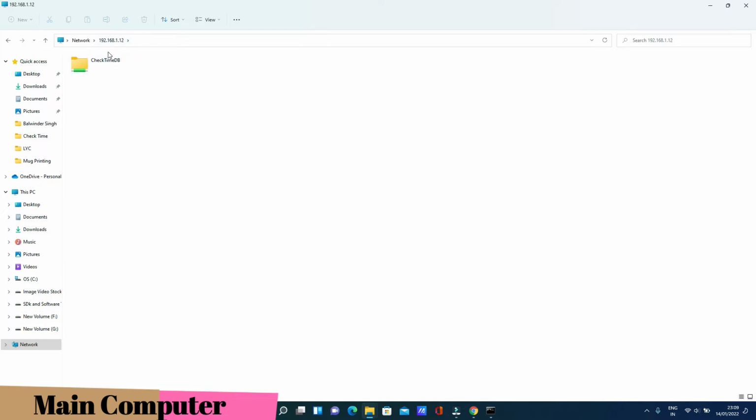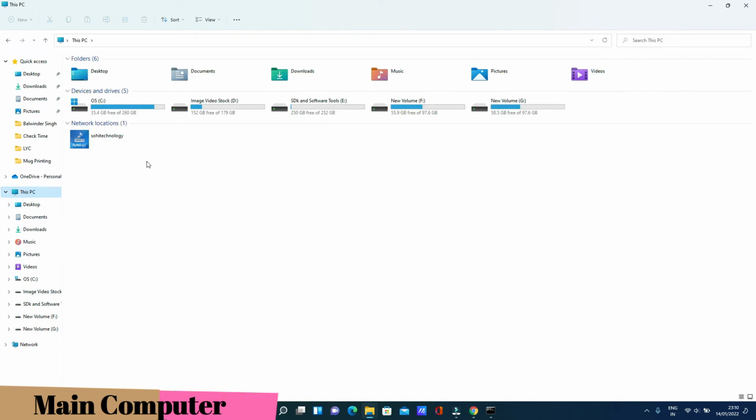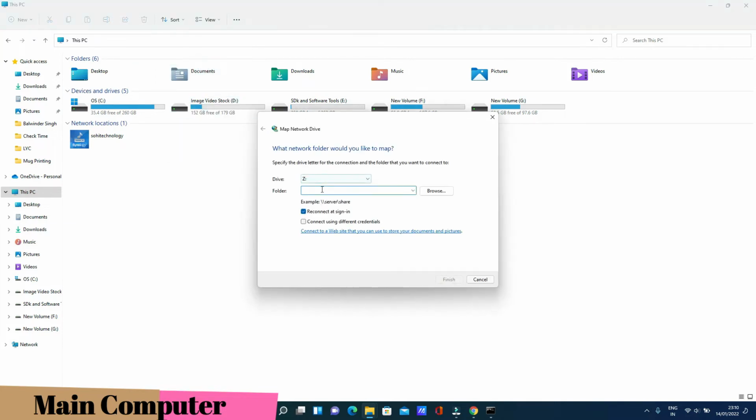If you want to make this a mapped drive, you can also do that. Click here, right click, copy, then go to This PC, and choose Map a network drive. Paste your path from here, select the target folder.